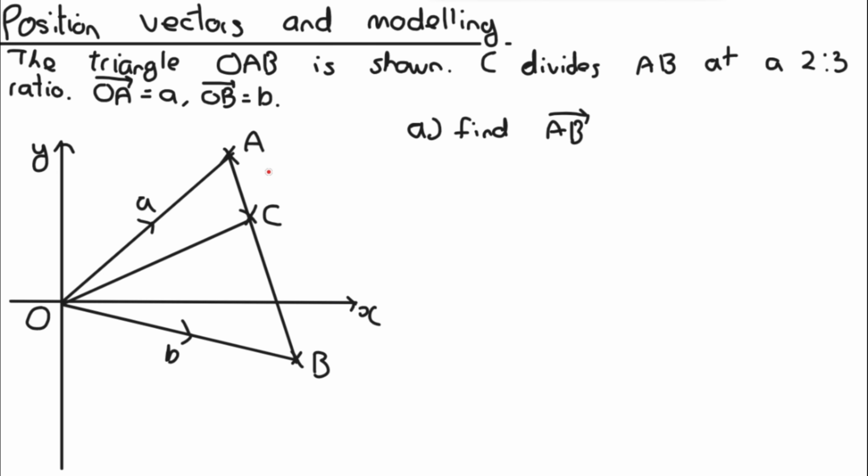Okay, so for part A, hopefully this isn't too bad. We just need to find the vector AB. So it goes from A to B, so like this. So the way we're just going to do this is start from A. So AB